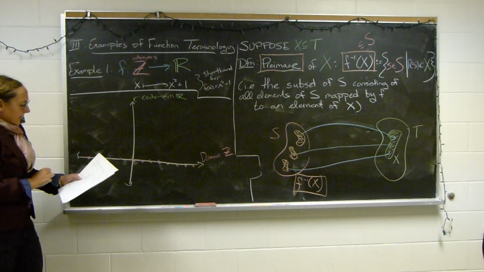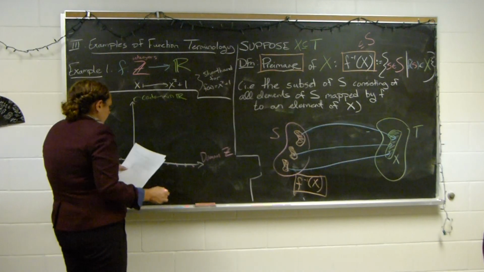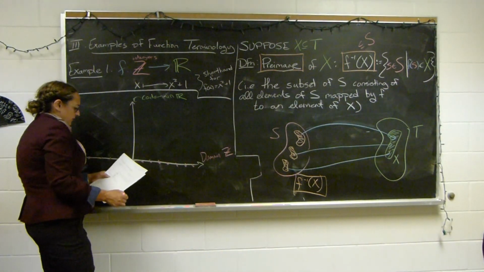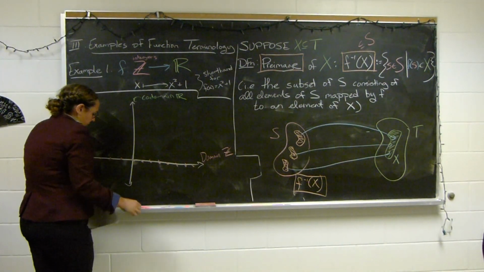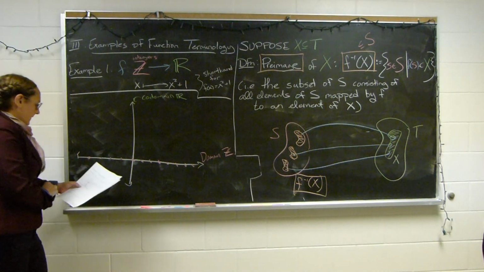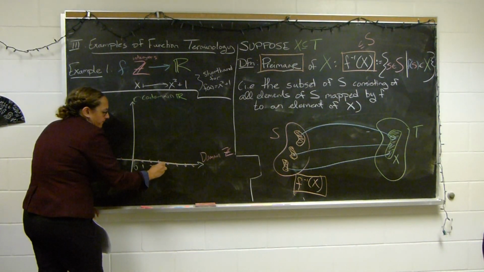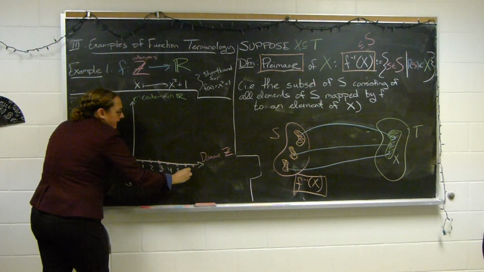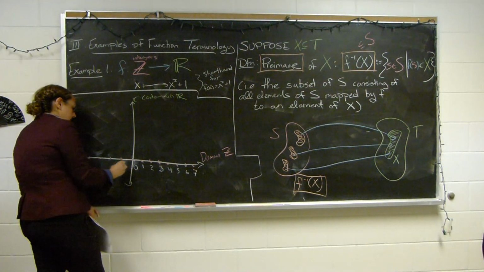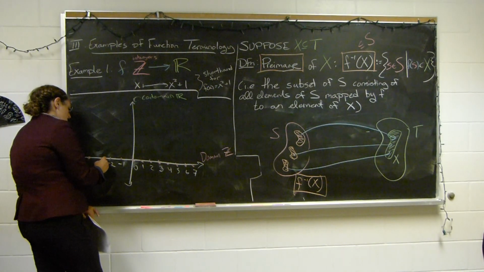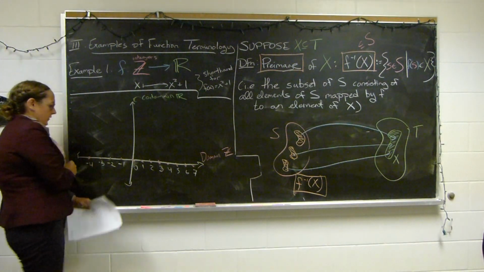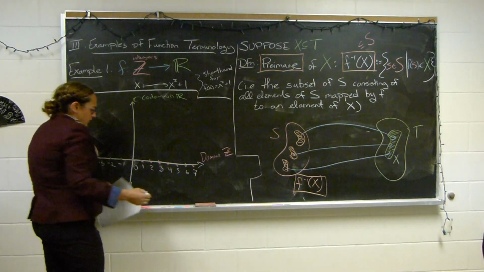And then if I went ahead and graphed this function, what happens if I put in these are 0, 1, 2, 3, 4, 5, 6, 7, and this is -1, -2, -3, -4, and so on. Okay, so if I go